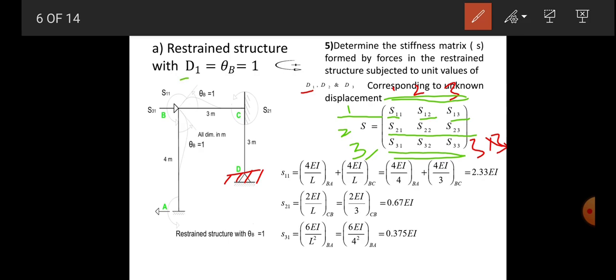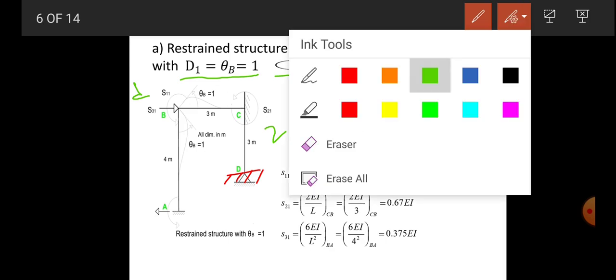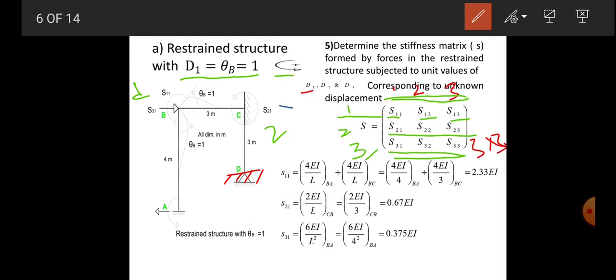Now apply the unit rotation for d1 is equal to theta b is equal to 1 in anticlockwise direction as positive. Now here due to the presence of delta, one additional term will be there. Let's see on the column. Let apply the unit rotation at theta b. Now before that let write down the coordinate. Coordinate is 1, and then second coordinate is theta b. First is theta b, second is theta c, and one more coordinate, that one is delta in this direction,